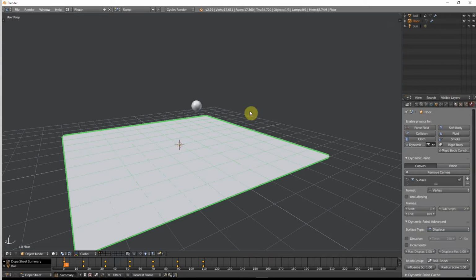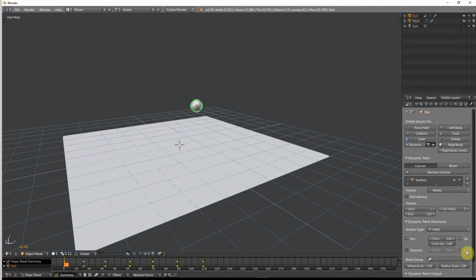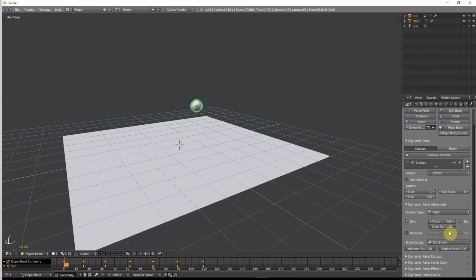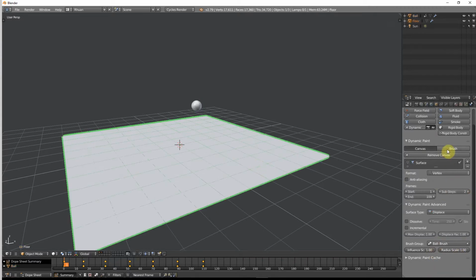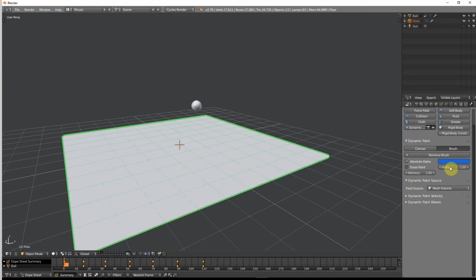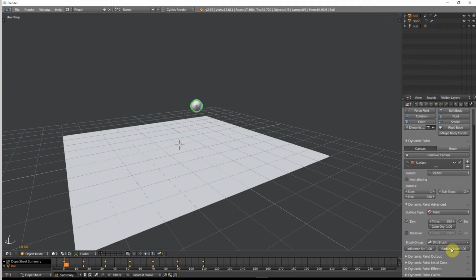Okay, and now we can go back in here, put in the dirt brush. It's going to be for the paint. We can do the sub steps as well here, and then we want to turn this guy into a brush. We want to make it completely white here. You'll see why later. And yeah, so then we can go back to the brush here, which is the ball